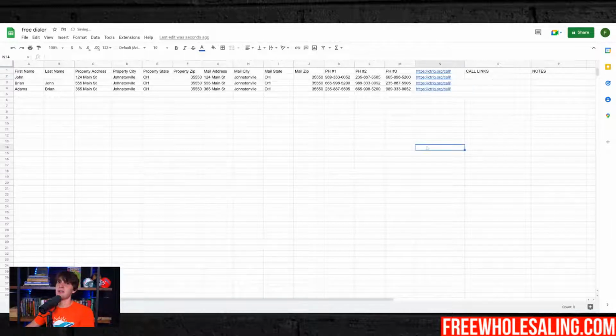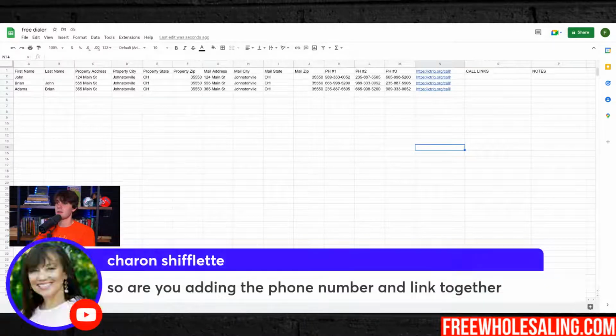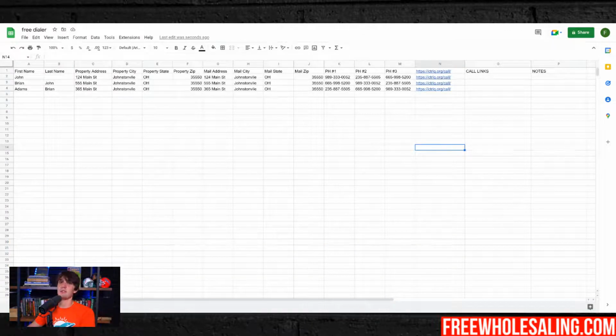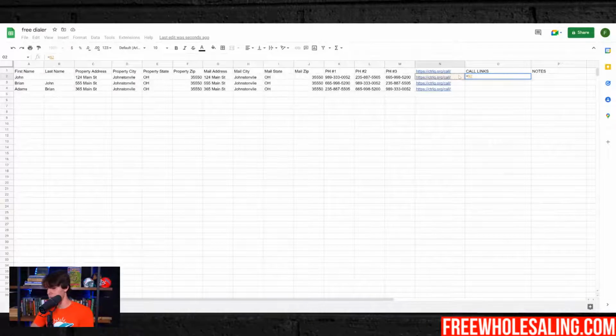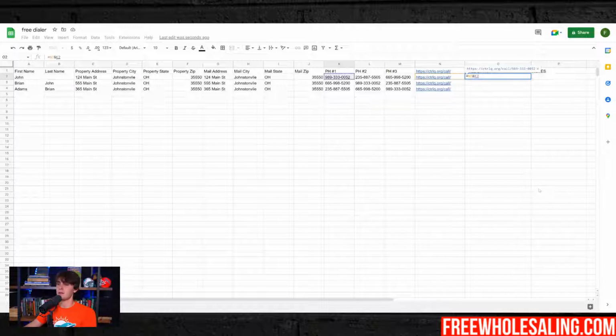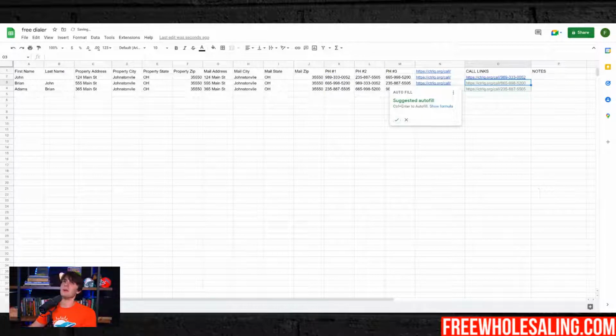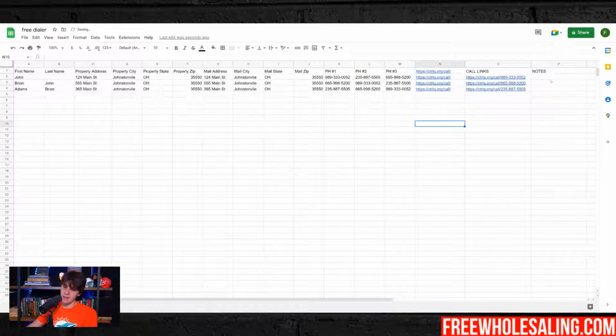If you're still having a problem, hop on the one-on-one with me and I'll show you exactly how to do it. If you do it the plus way, it'll work. So I'm going to put the ampersand, basically shift 7, and then the phone number I want, and press enter. Right now it's suggesting I autofill it. What you've got to do is just click plus, and then boom, it works for you.